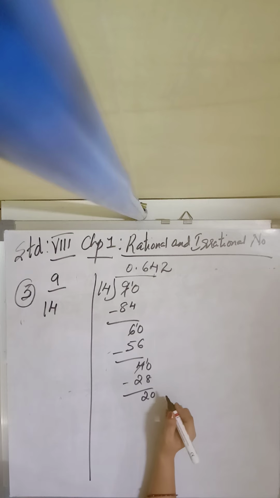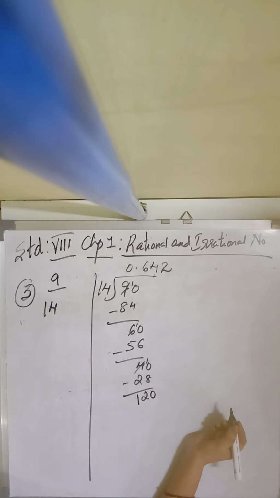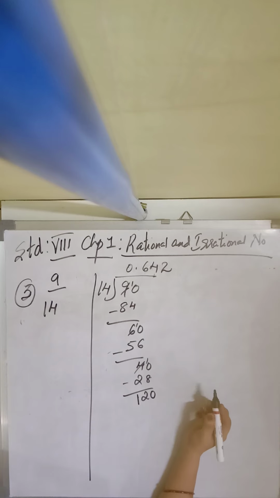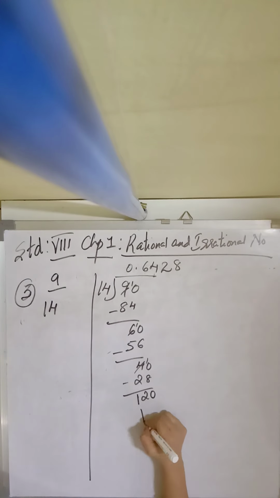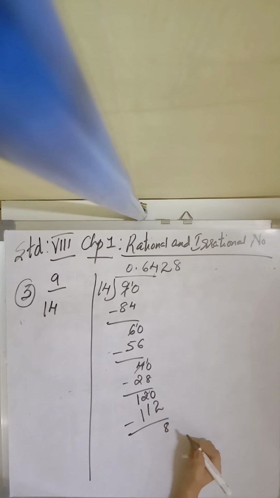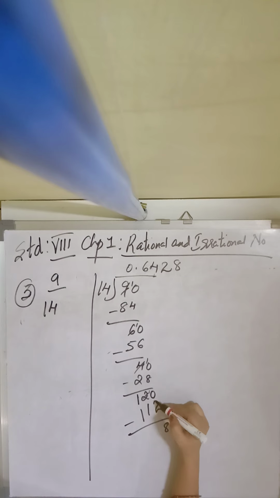Now 14 ones are 14, 14 2s we have done, so what we are getting is 10, that is 2, and here we are getting 2. Here is again 3 minus 1, and here is 0. So we are getting 120. Now 120, that means 14 8s are, what will be 14 8s? 112. 14 8s are 112. Now 10 minus 2, that is 8. Okay children, 10 minus 2 is 8.